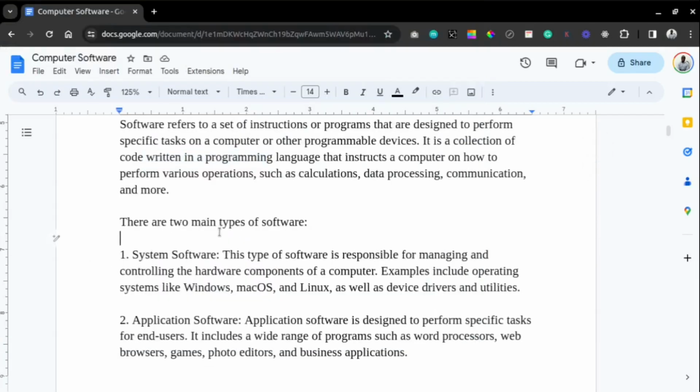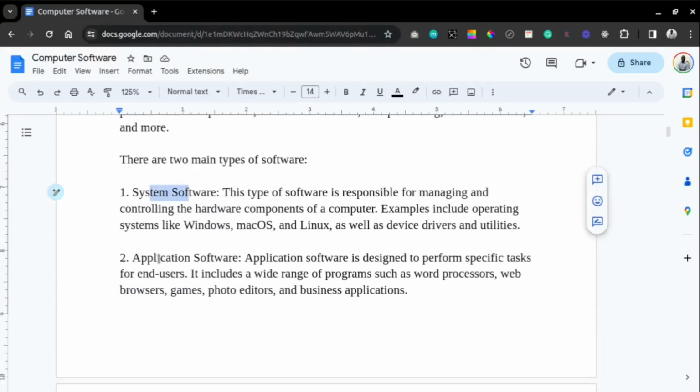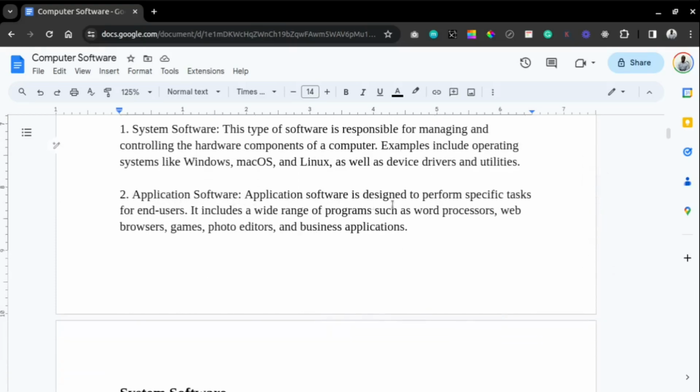There are two main types of software. We have the system software, then we have the application software. Okay, the system software, this is the type of software that is responsible for managing and controlling the hardware components of a computer. Examples include operating systems like Windows, the Mac OS, the Linux, as well as the device drivers and the utilities. We have application softwares. They are designed to perform specific tasks for end users. It includes a wide range of programs such as word processors, web browsers, games, photo editors, video editors, business applications,